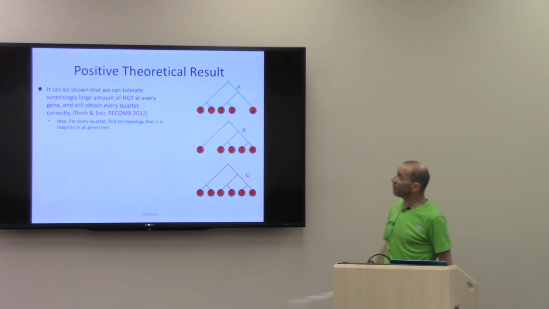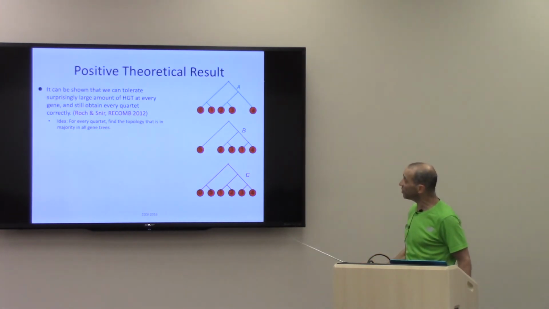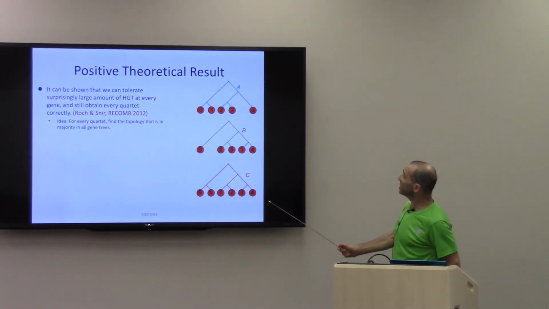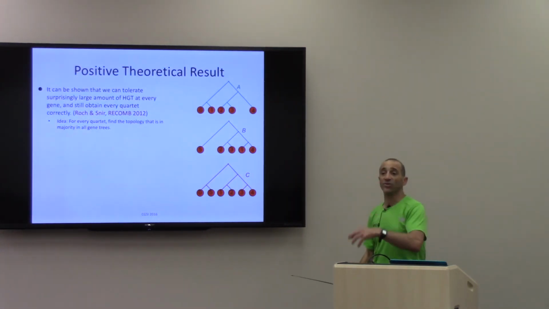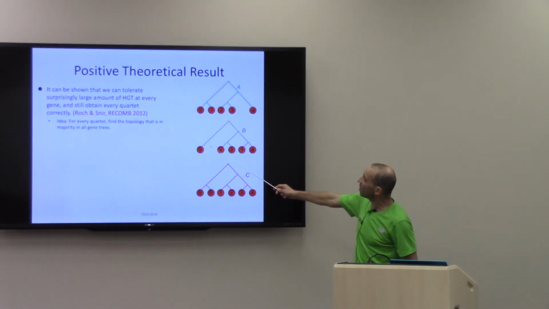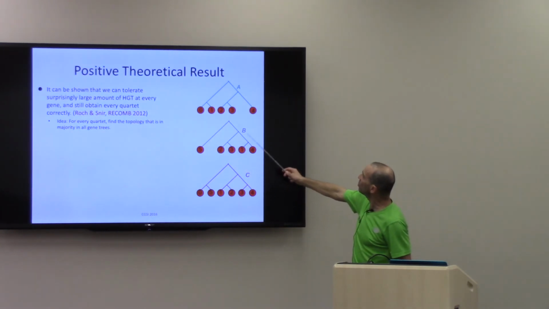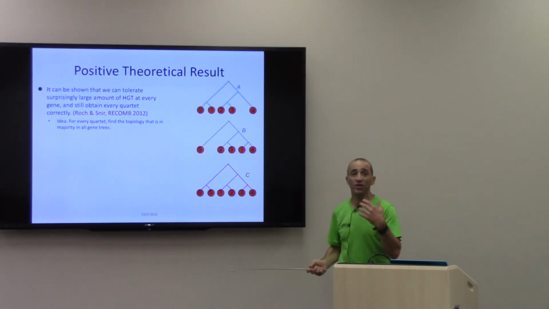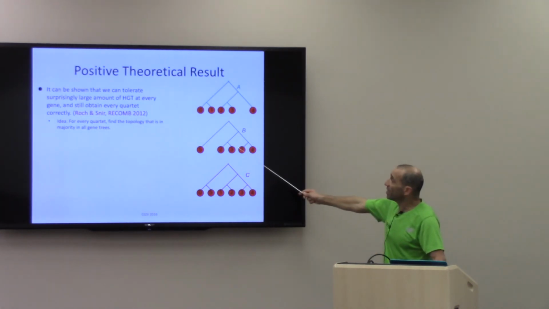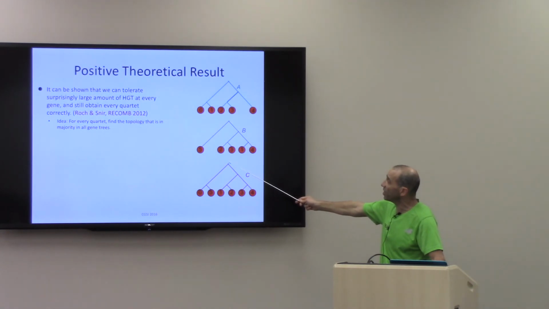So we have 3 gene trees over 5 taxa, over 6 taxa, over 6 taxa. You see there was gene loss here. Here we don't see species number 0. Here we don't see 5. There was gene loss, gene transfer, all these things. And let's see what is the topology of a quartet.